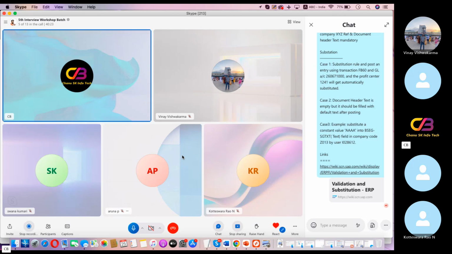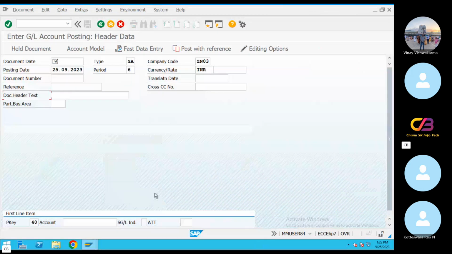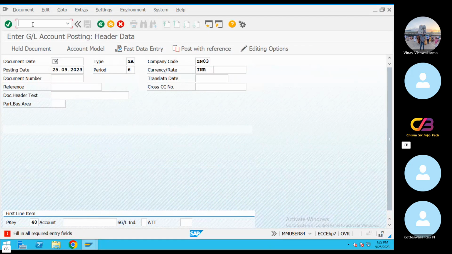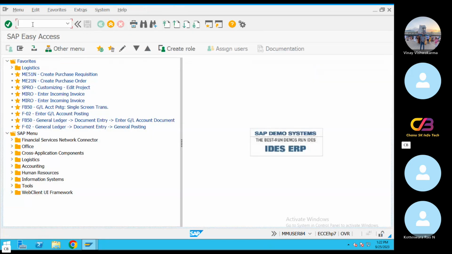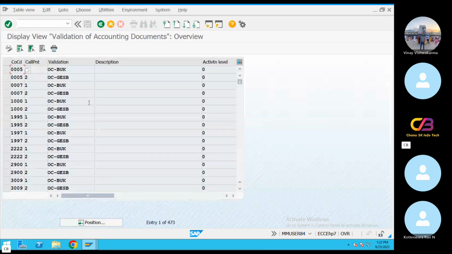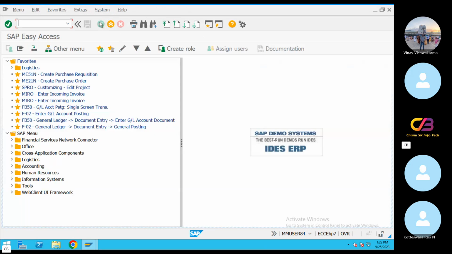This is on condition. No worries, in real time, at the time of implementation, all things have been configured. If any new requirement comes, then based upon the reference, we can easily trace out the things. See, OB28. Some of this is an MM system, but if you look at the FICO system, many examples will be there. This is the MM system, that's the reason nothing is coming. But if it is an FI system,